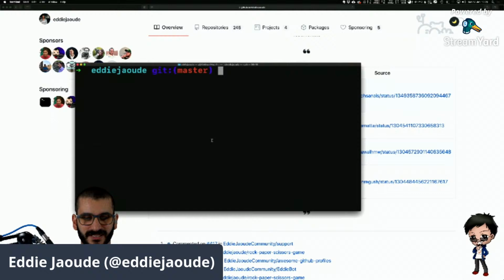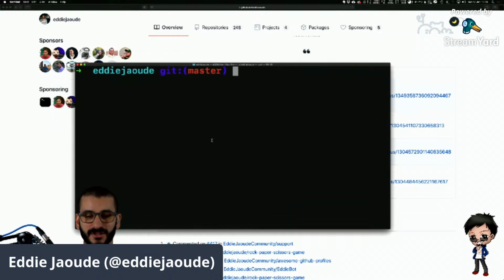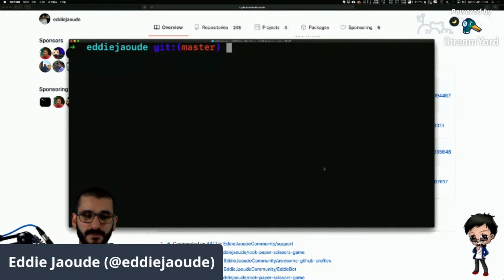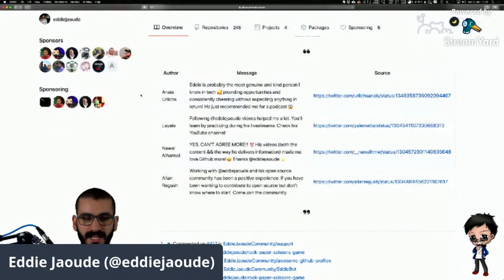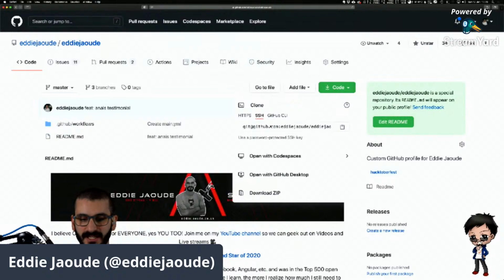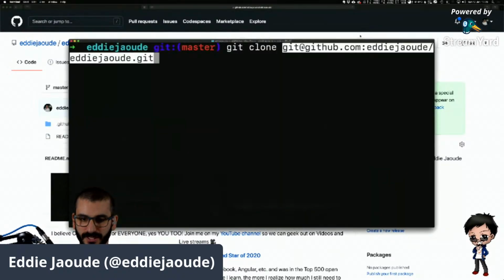How's that? Like a command on steroids. So I'm in the project that I was showing you a second ago to customize my GitHub repo. And what you usually do is you clone a project. So you'd go git clone, and you usually get the link from here. I highly recommend the SSH link. You click copy and you paste it, and it will clone it.